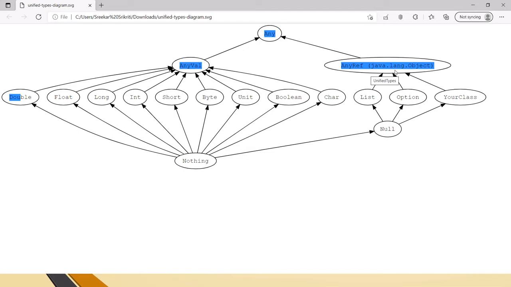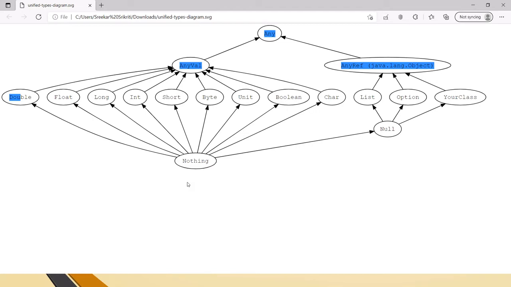Only for that you can add Nothing as a return type, but otherwise you cannot, because it doesn't have any value, and it doesn't have any types beyond it. That is the reason.